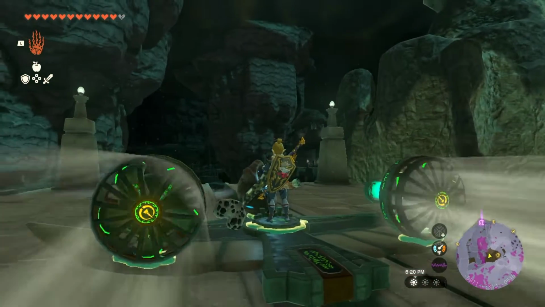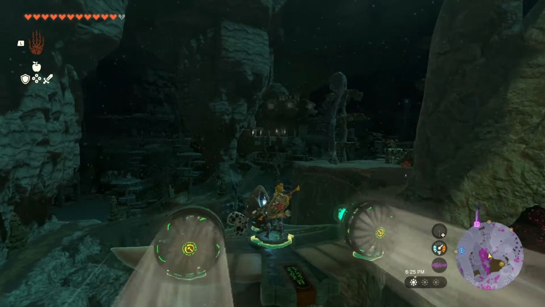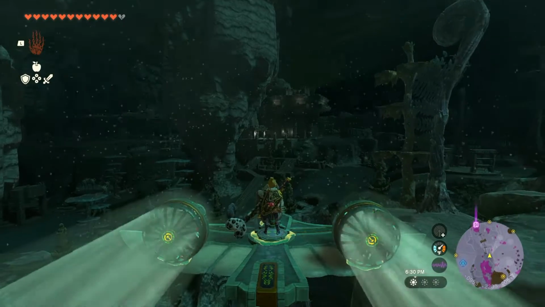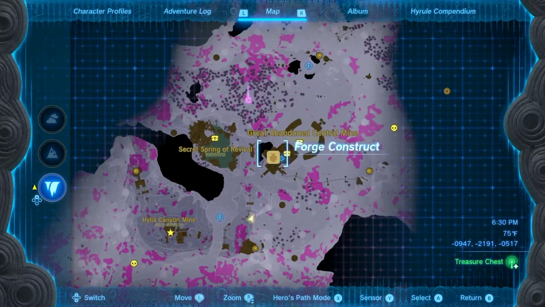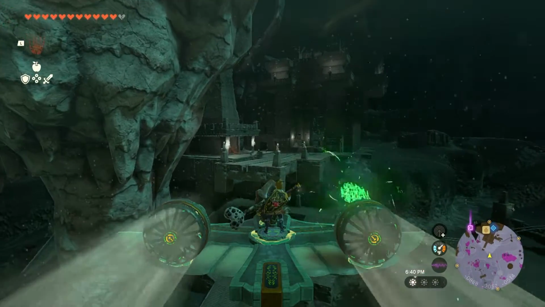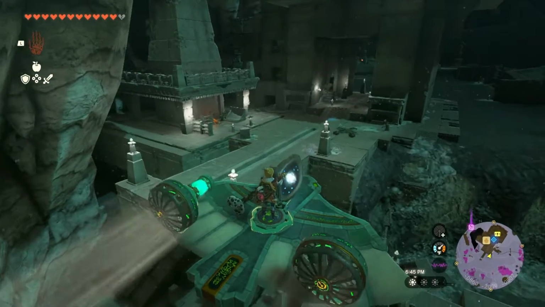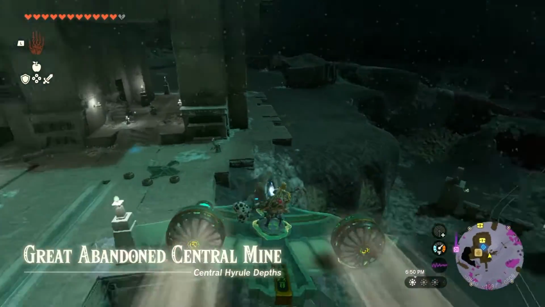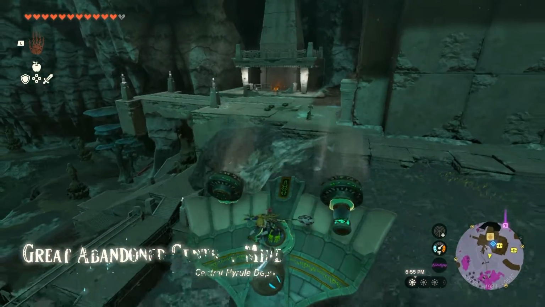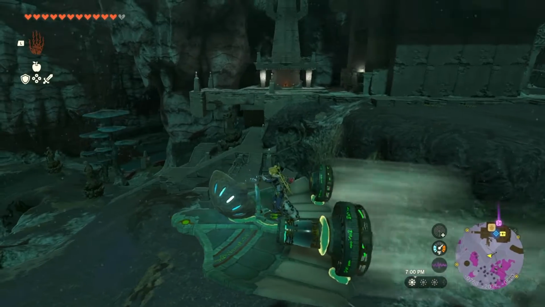Alright folks, and we literally just have to go right across the way here to the great big temple we were dealing with before when we were dealing with Master Koga. That is the great abandoned central mine there. Now if you folks were with me when I came here the first time for the whole Master Koga deal, you remember me showing you guys the great big four-eyed statue that was underground. So I'm going to try to get this thing right in the front door down there,